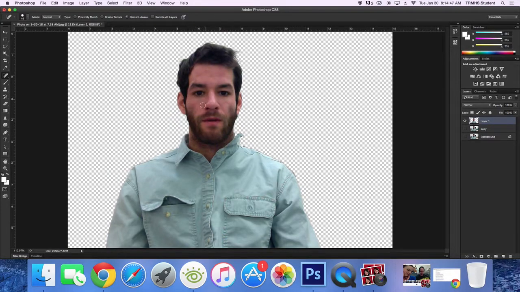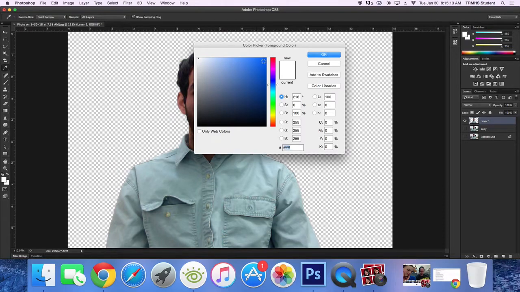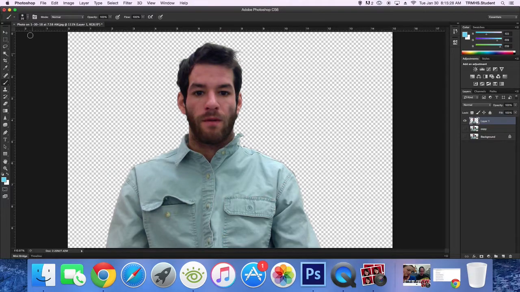The next part we want to do is we've covered the spot healing brush tool, selection, and pasting to a new layer. I'm just going to, for this mutant project here, add a little bit of makeup to myself. For that I'm going to use the brush tool, and I'll double click on the foreground color. I guess I'll add some blue eyeshadow. So I double click, and in the color picker window I grab a nice light blue. I want more of a teal, I guess. And I'll click OK. And I want to use a nice